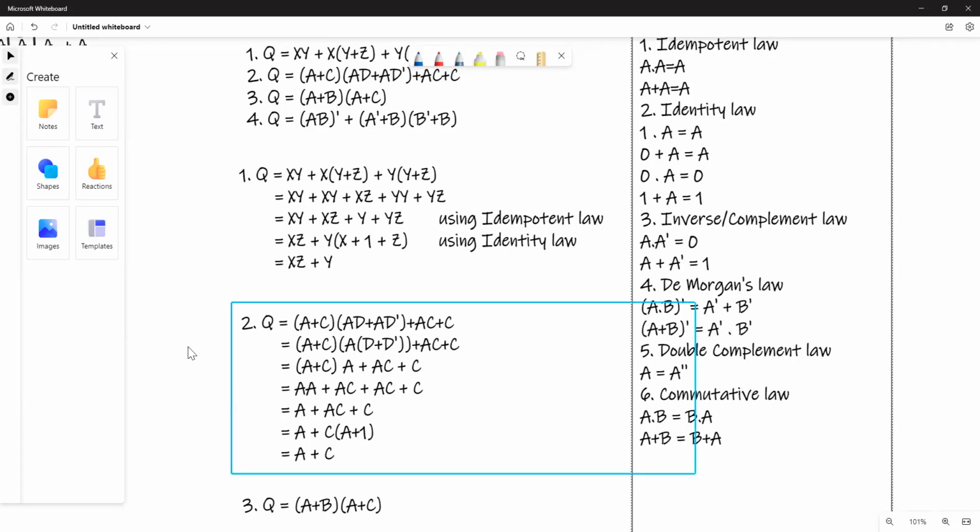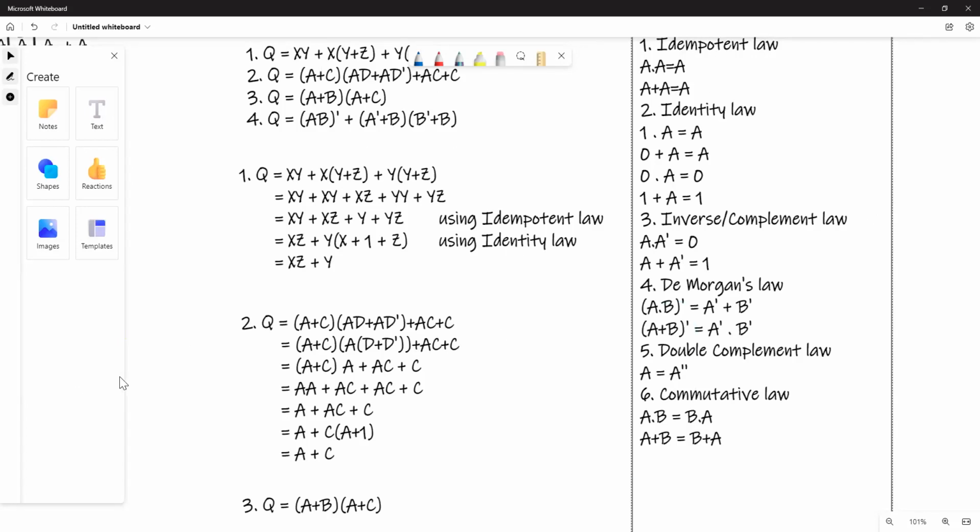Okay, so let's try to simplify this. When you want to simplify this,